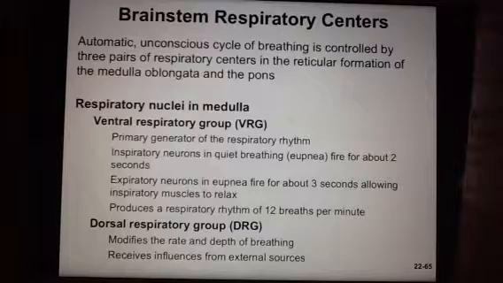Okay, but there's also some times that we don't just need that quiet respiration. We don't have just a normal respiratory rhythm, and that's where these other two come in. So the dorsal respiratory group, or the DRG, does modify that rate and depth of breathing for some,